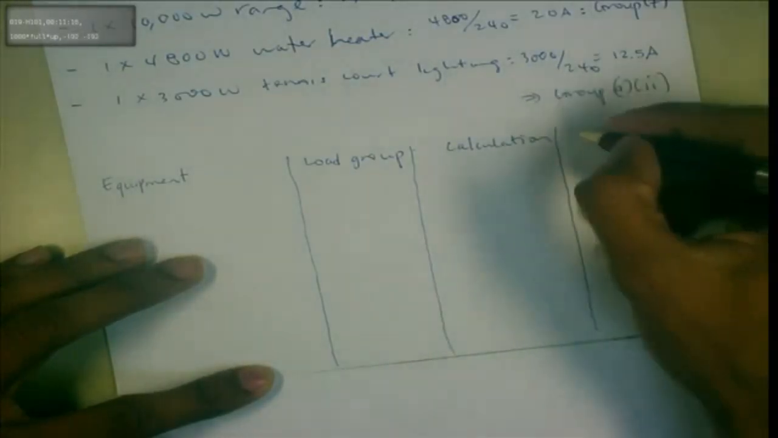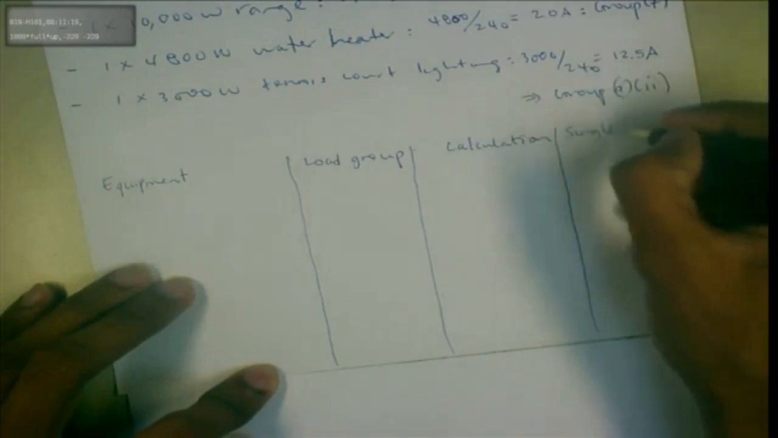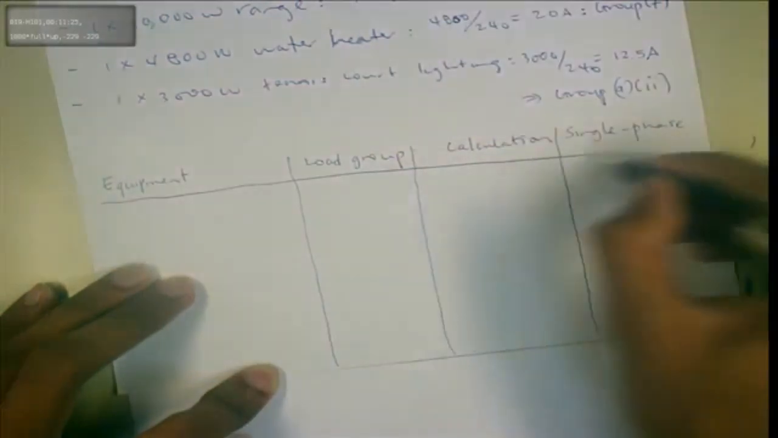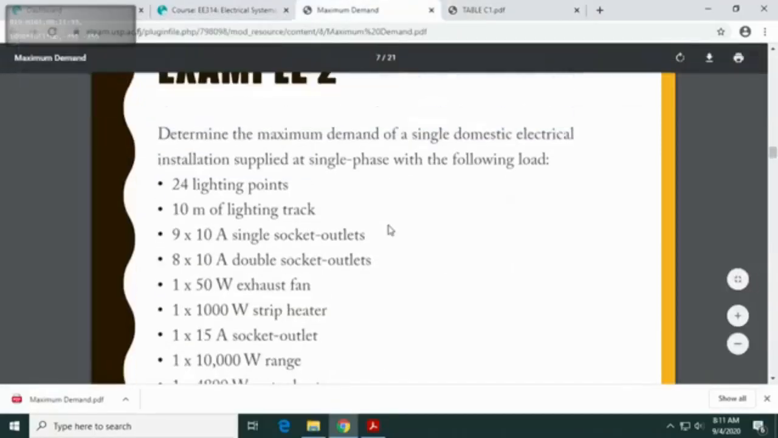And then we have single phase. Okay, this was for single phase. Let me just confirm if it is a single phase. A single domestic electrical installation. Okay, and we already know that for a house we have a single phase supply for domestic. Okay,